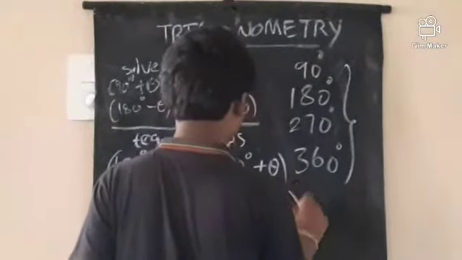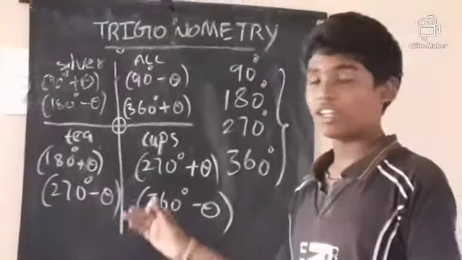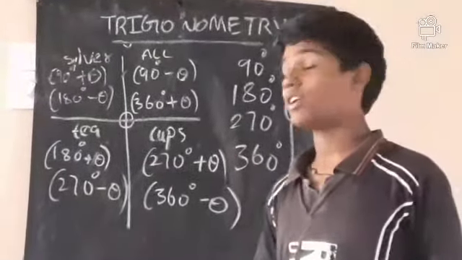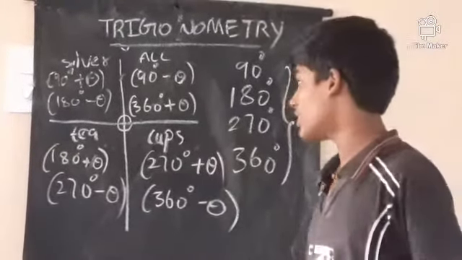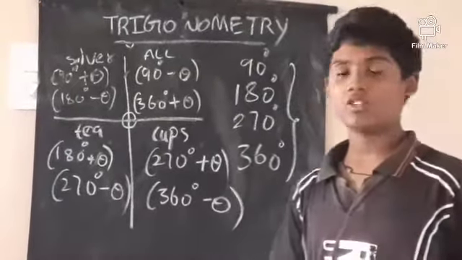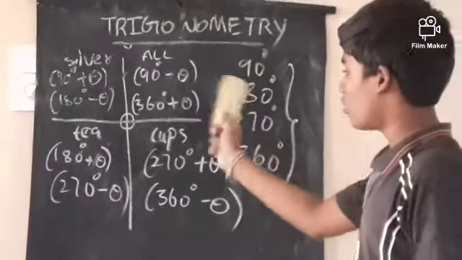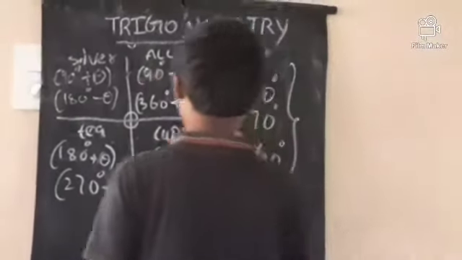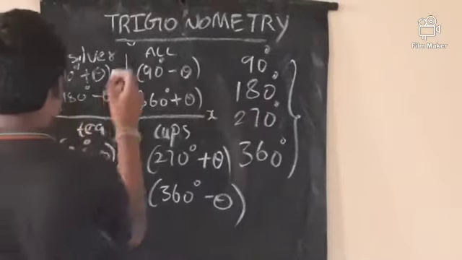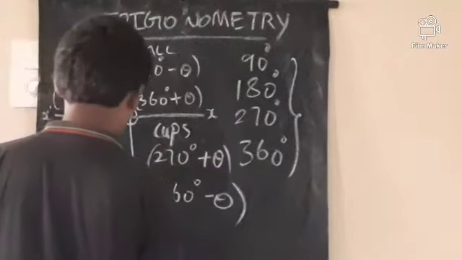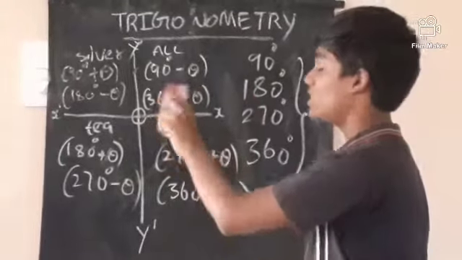So this is the graph you are seeing here. This is a very important graph. Please note it down in your rough notebook or any notes. Note down all of this compulsorily in trigonometry. It is very useful. These are the four angles that we can measure in these four quadrants. Here this is the positive x-axis, and here the negative x-axis is x dash, and here the positive y-axis and the negative y-axis is y dash. You can measure and keep the angles in this trigonometric graph.